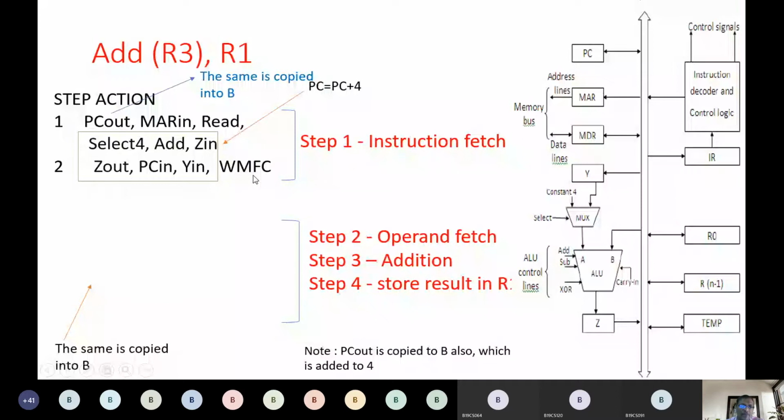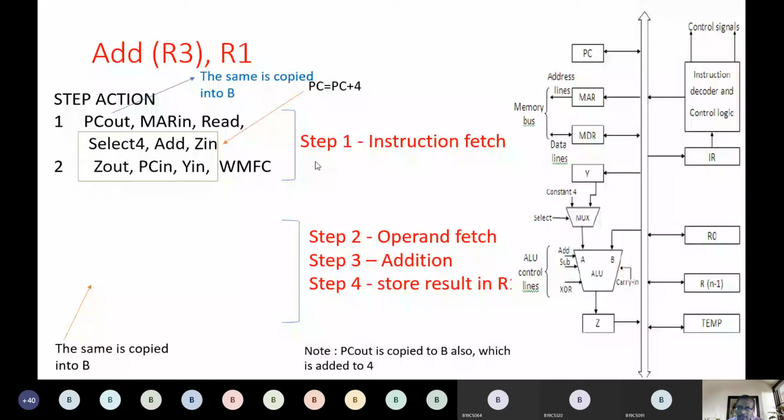Whatever data is read from main memory is stored in MDR, the memory data register. Whatever data is read with the read signal transfers from main memory to MDR by default.